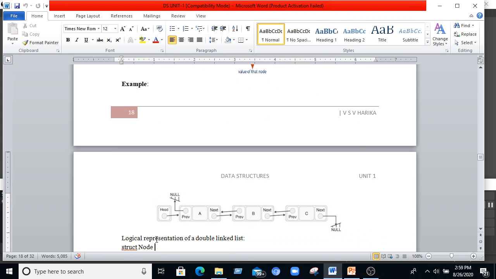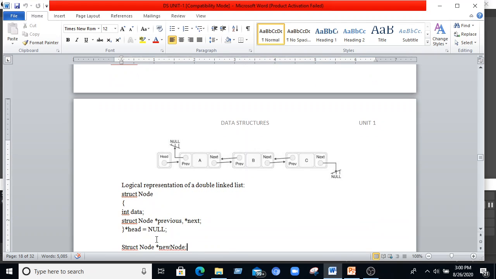Consider an example. This is the simple representation without any values. A list always consists of the head. The head points to the first node address, and the previous node address will be null over here.